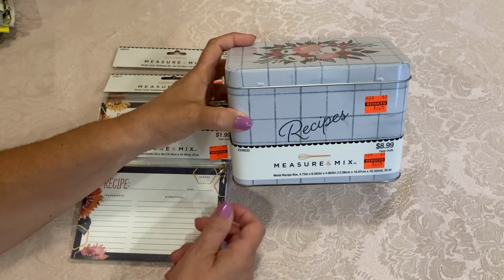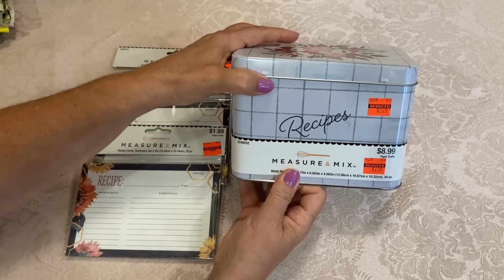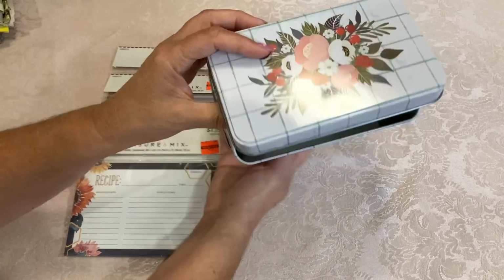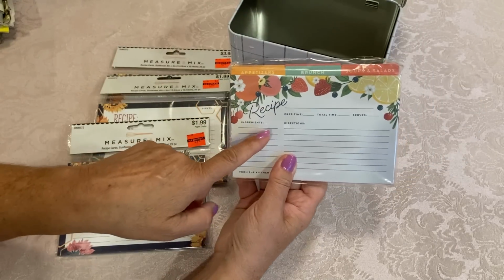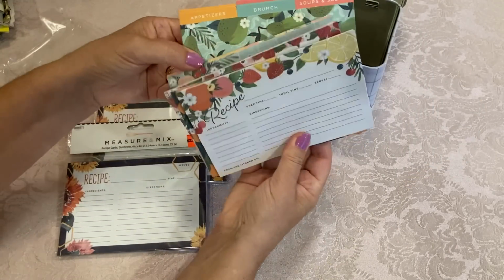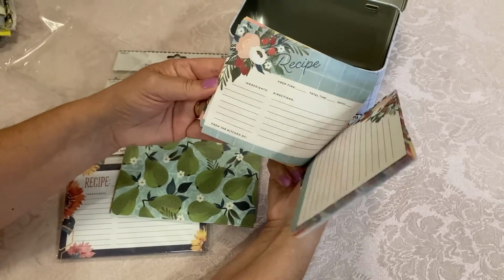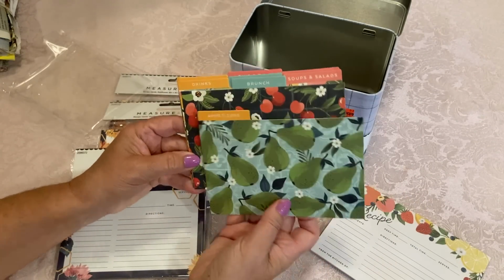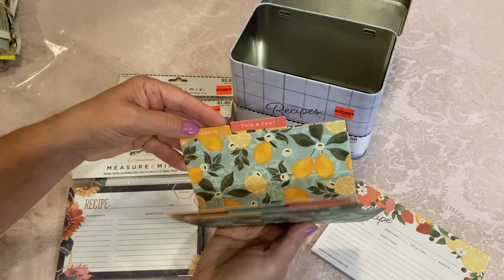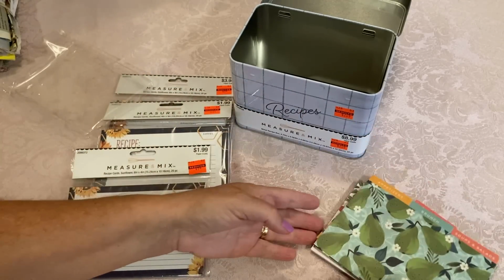This is a little recipe box. It was $2.24. And what was so great about this was not only is it really cute and pretty, it came with some recipe cards. So not only do I get these adorable recipe cards, which are all different, look at how pretty these are. I also get the dividers: appetizers, brunch, drinks, this and that, desserts. So I got all this for